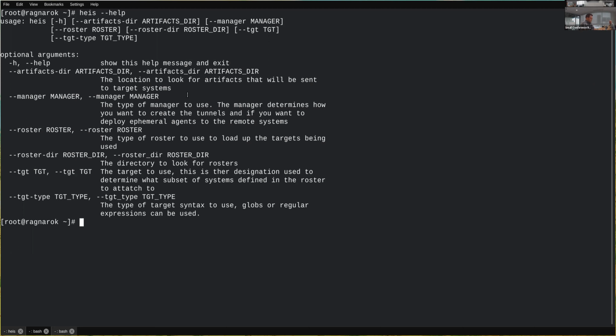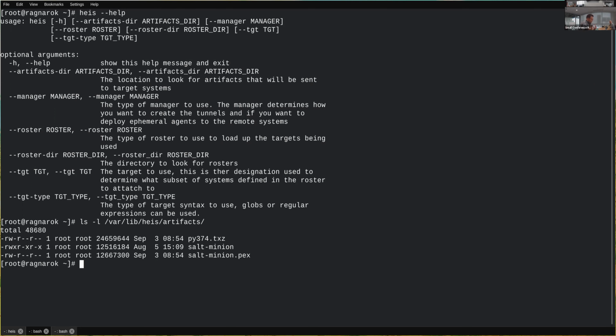First I want to take a look at this concept of the artifacts directory. So Heis comes with the ability to have certain artifacts that are distributable.